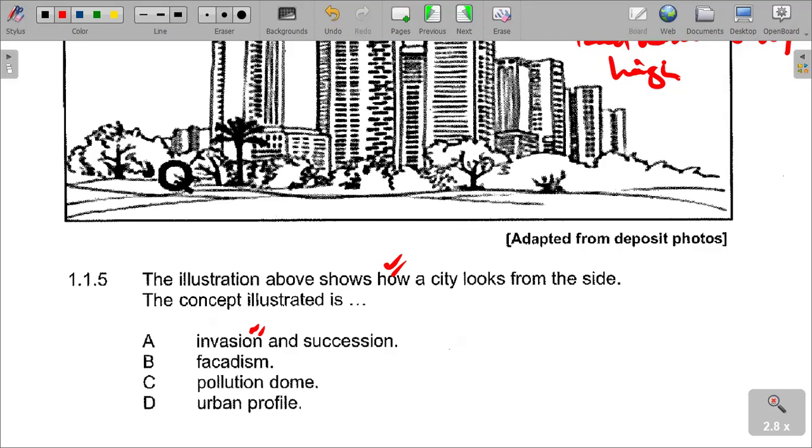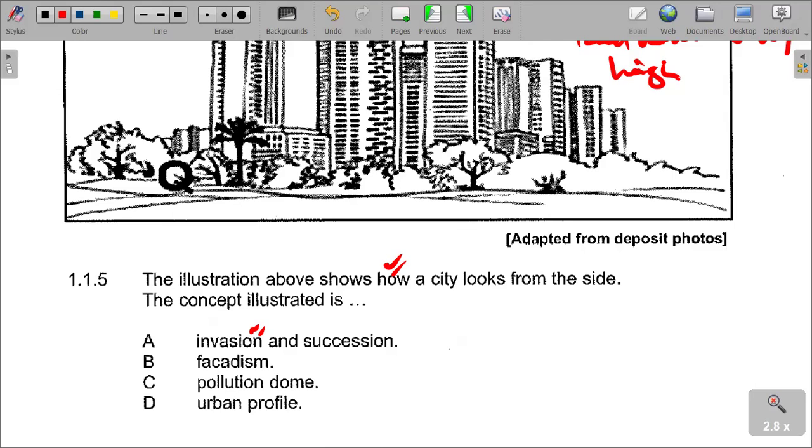a land management technique, which we are saying old buildings might be taken off, and then it is encroached and taken over by better new business functions. So those business functions result in building of new buildings. Succession is now completed, and then when we look at facadism, this is also some principle or practice of